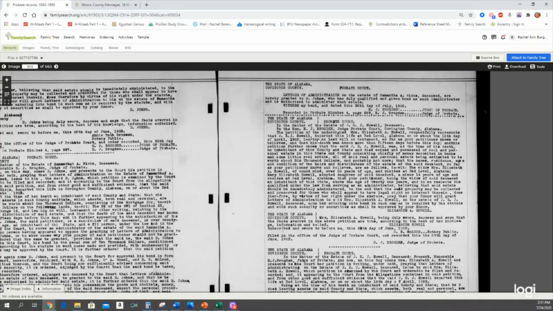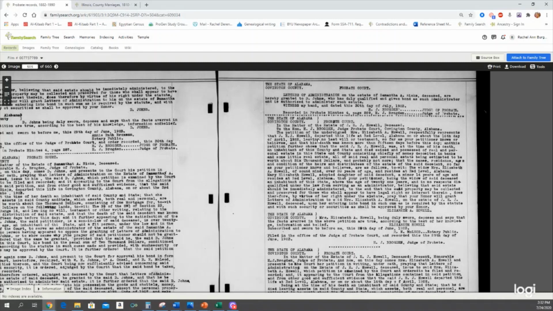Now, if you didn't have a death certificate, which commonly in the South, you're not going to see death certificates regularly put into the county before this time period, 1930, 1940s for some states. And so if you're looking for a death certificate and you can't find it, or they weren't created at that time, or people still didn't comply with the law to register those deaths, you can come to the probate records and you might find his actual or her actual death date.